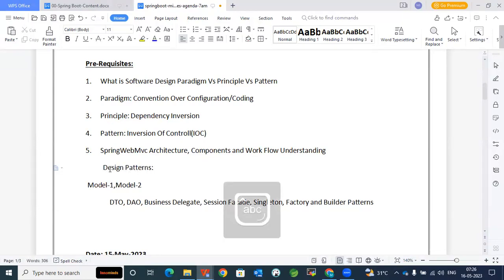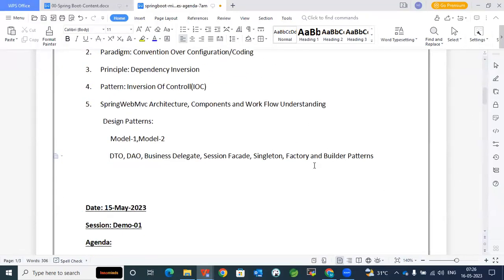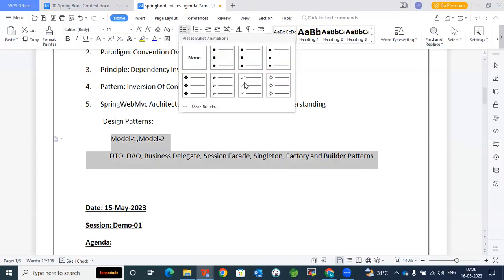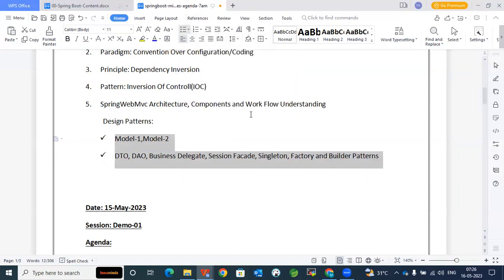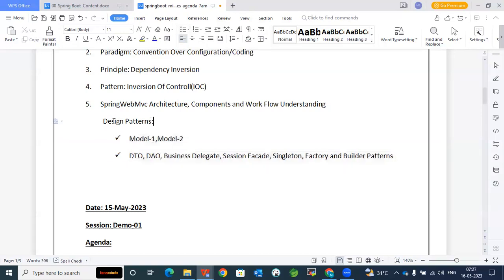By this time, everybody should understand these design patterns: model 1, model 2, DTO, DAO, business delegate, session facade, singleton, factory, and builder patterns. So we'll extensively use this during our microservices design or during our Spring Boot discussion, web application development. We'll extensively use these patterns. So everybody should know about these patterns and how they work before understanding